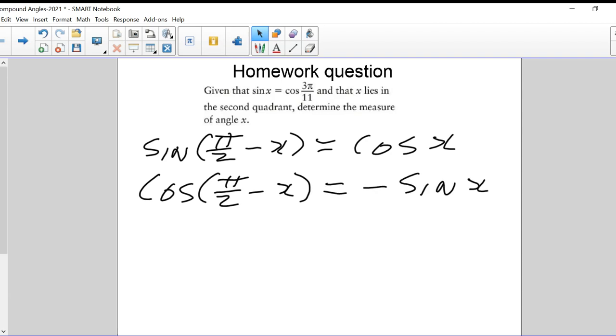Now remember, sorry, plus x. If you're in the second, I should be saying it this way, and I'm using pi over 2 plus x. Sorry, I just made a mistake on that because it said something about the second quadrant, right? So if we're looking for a second quadrant angle, then it means that we're talking about pi over 2 plus